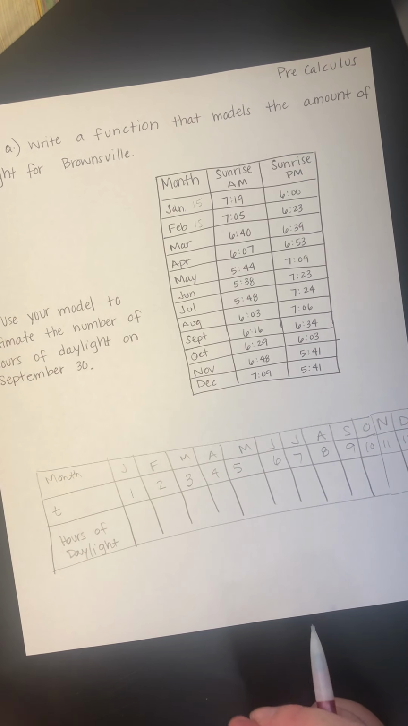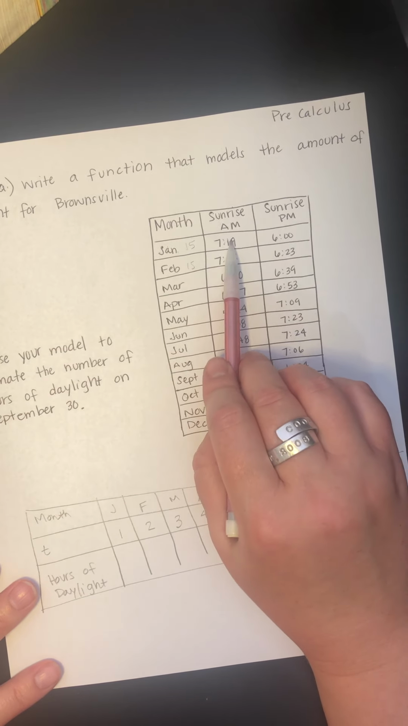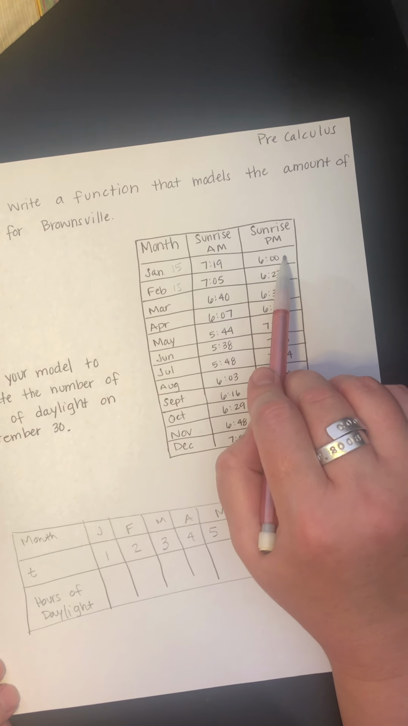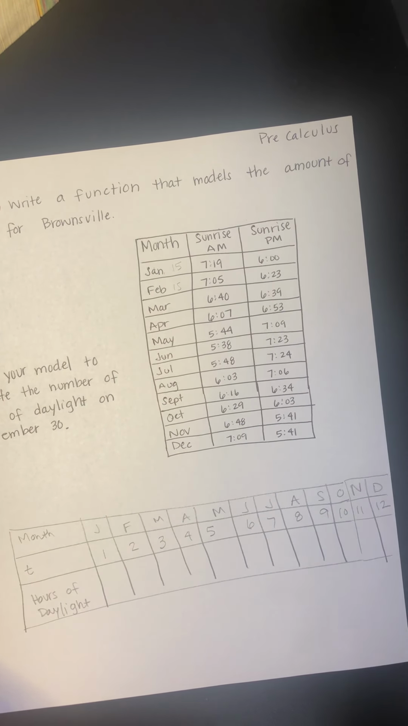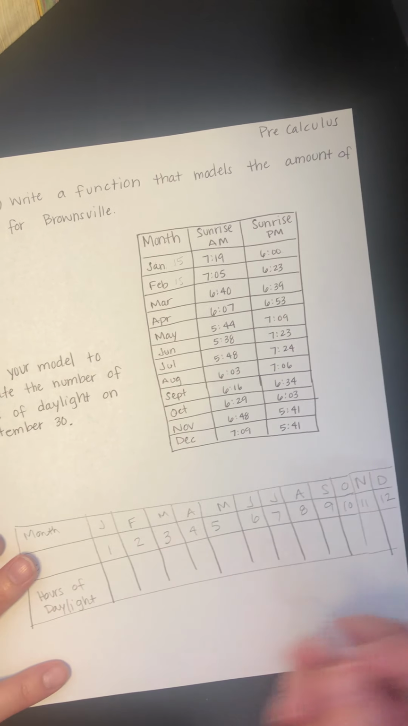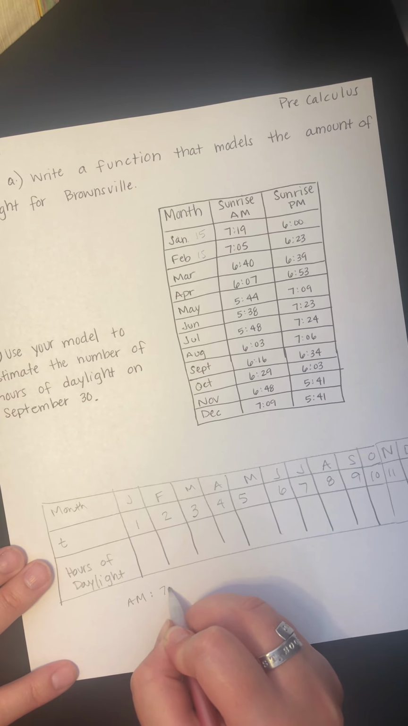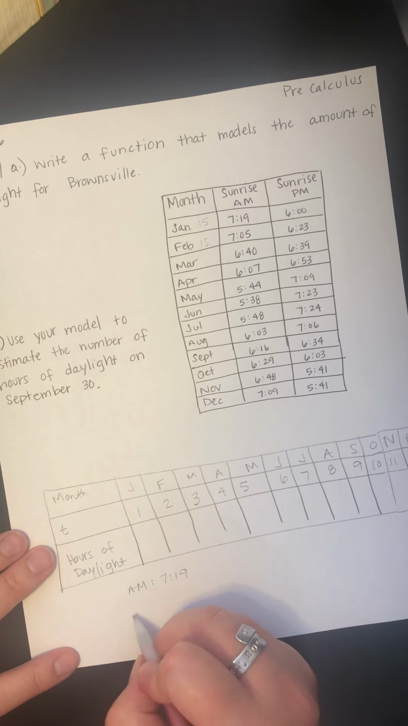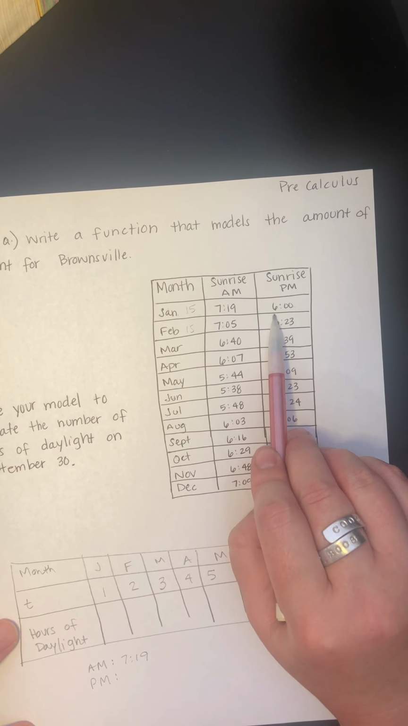Now, the hours of daylight. To figure out what the hours of daylight would be, right here we have the sunrise and the sunset for January. To figure out how many hours of daylight, you could probably do it in your head, but you're going to want to change them to a 24-hour clock. You're going to want to change your PM time to a 24-hour clock. So in the AM, for January, the time goes from 7:19, and the PM, if you want to change it to a 24-hour clock, you do 6 plus 12, because the